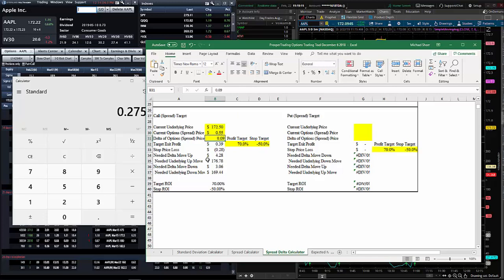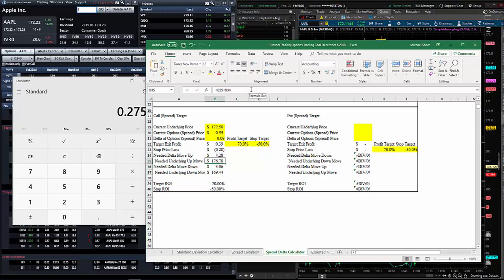So 39 divided by 9 is $4.28. Conversely, on the way down, we take 28 divided by 9, and here's the needed delta move up, and the delta move down is this,